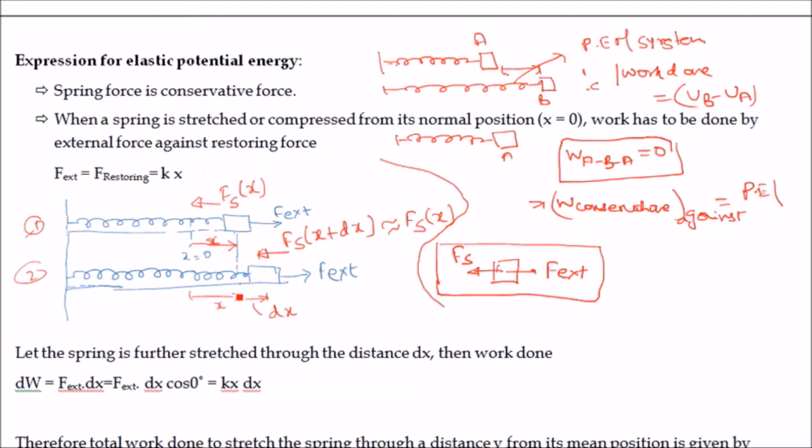Now if we move the object a further small distance dx, then the value of the restoring force for this infinitesimal displacement will be taken as constant. So for this case, the restoring force Fs will be a function of x plus dx, and we term it as a constant. For this infinitesimal displacement, we consider the force to remain constant, and in this case the work done will be given by